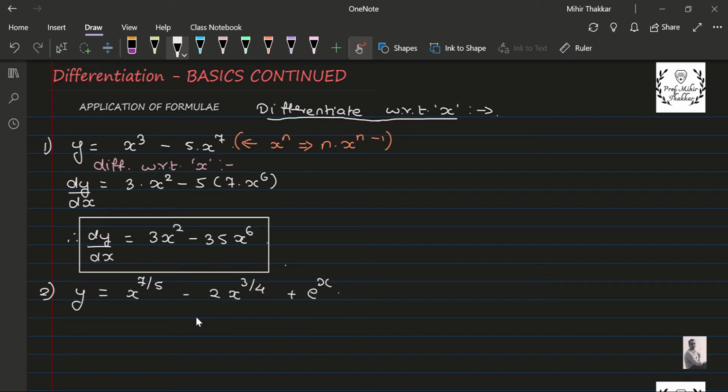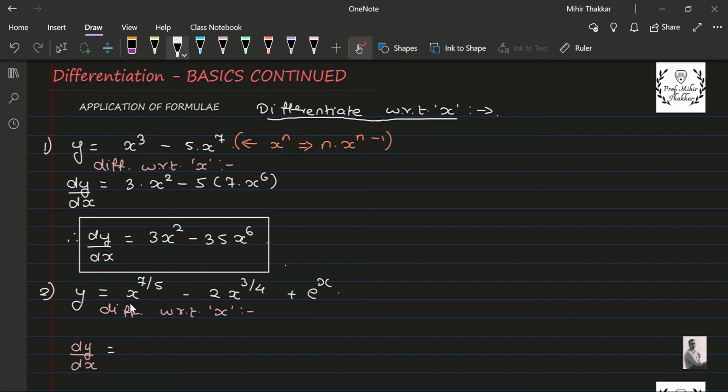Looking at the question, it is still differentiate with respect to x. So we have to write over here, as I told you, differentiating with respect to x. So the derivative of y is dy by dx, which is equal to